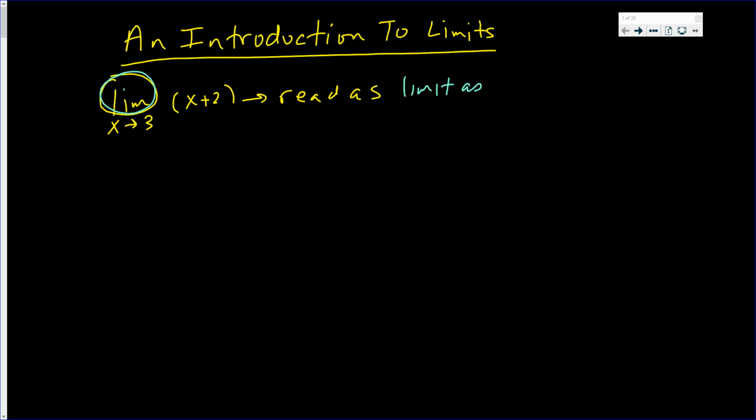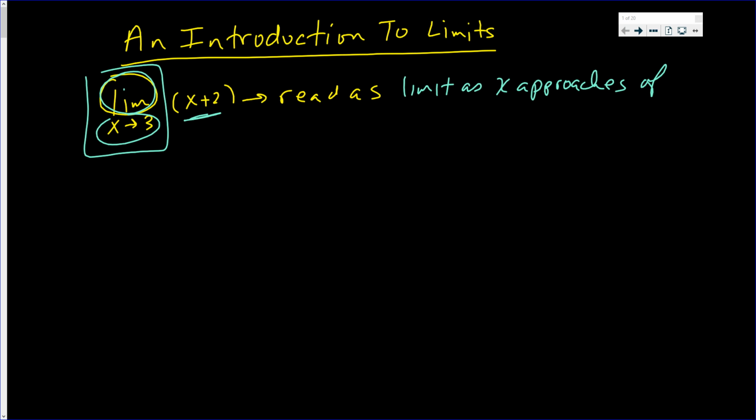Limit as. This is read as x approaches 3. So this whole thing is the limit as x approaches 3 of that function of x plus 2. The limit